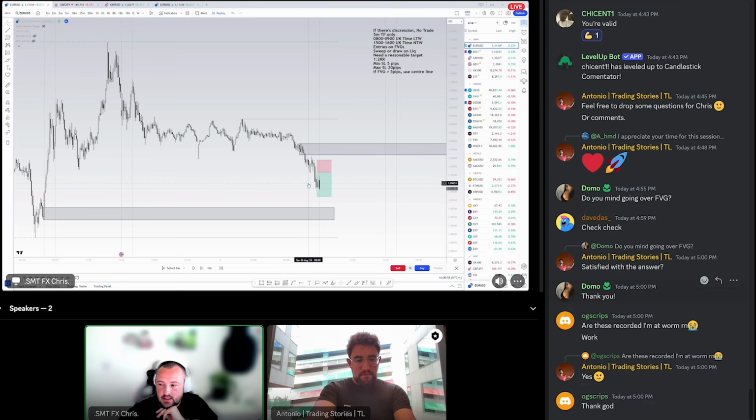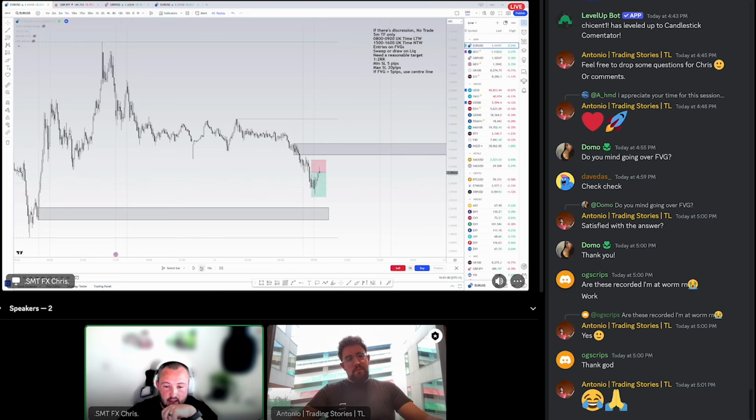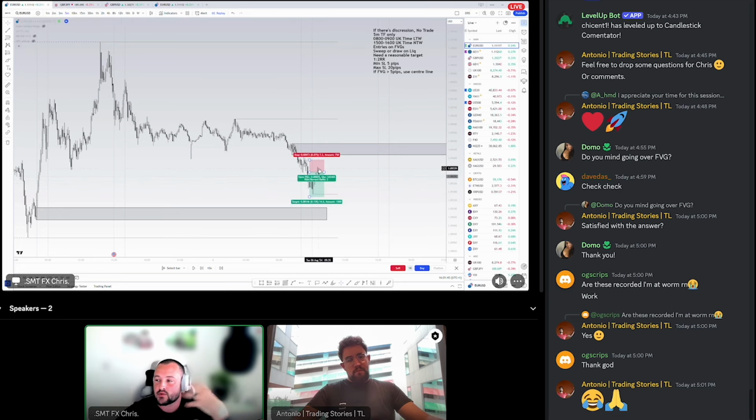The reason for that is over recent years, the markets do tend to occasionally provide a gap overnight. And for myself anyway, I'm usually in bed around the daily rollover. So when we have those swap fees, I'm not going to be looking at the charts. I'm not going to be sitting there monitoring the trade. So I don't want to have a trade open overnight. And it is also possible, even if you have your stop loss at break even, that if you have a gap that then gaps beyond your stop loss, you can still lose money that way. So even if you have stop loss at break even, you're not completely safe. But as you can see, this one would have triggered outside the window, and I'm okay with that.